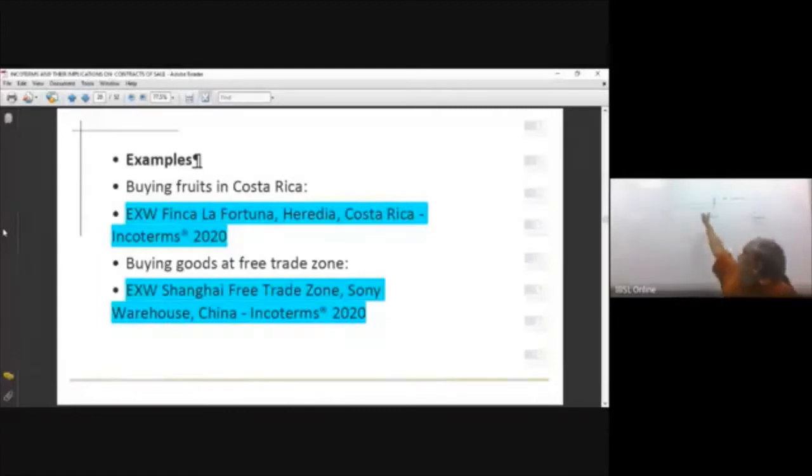Especially in the pre-carriage part, we don't know what is going to happen from the seller's warehouse to the port during that period. Anything can happen to the carriage or the goods. Damage can be done. Likewise, even if you are taking the goods out of your warehouse to a place 1 or 2 kilometers away, closer to the free zone boundary or something,